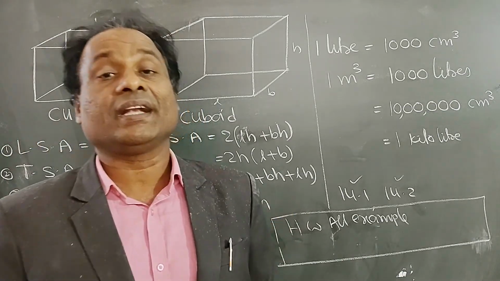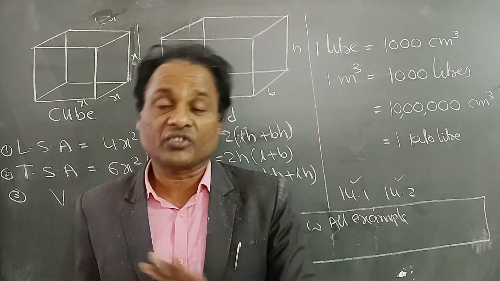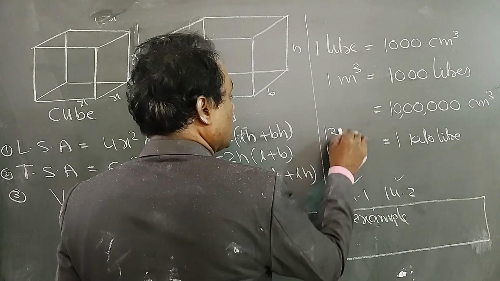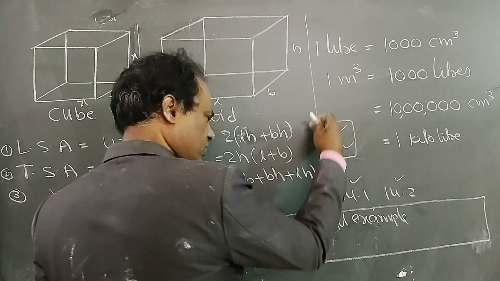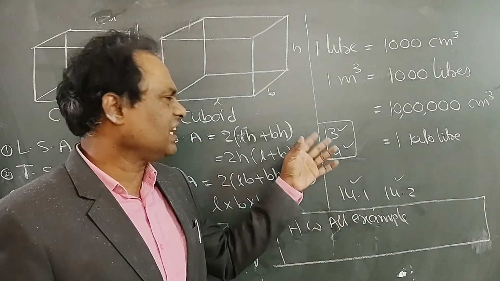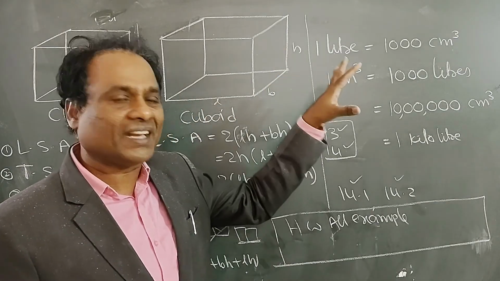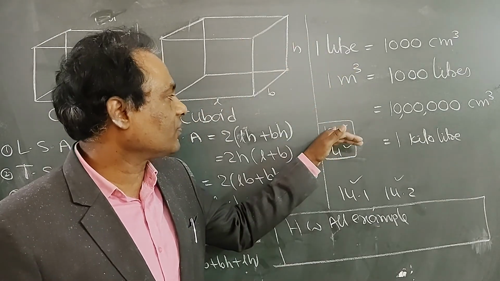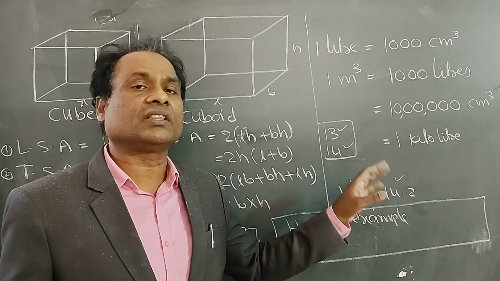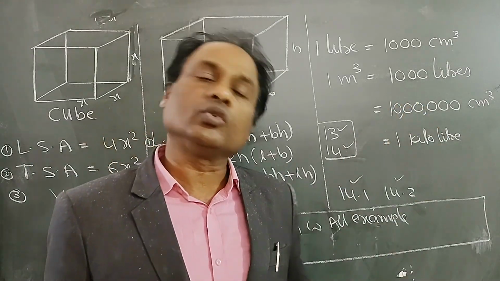With this we conclude this class. The surface areas and volumes chapter is over. That means the 13th and 14th chapters are over. I already told you the 13th is a continuation of the 14th; in the 13th there is no new concept, just the introduction of these figures, what is length, breadth and height. Instead of explaining that separately, I directly explained everything in the 14th chapter itself. So the 13th and 14th are both over. Next class we will start the new chapter, students.